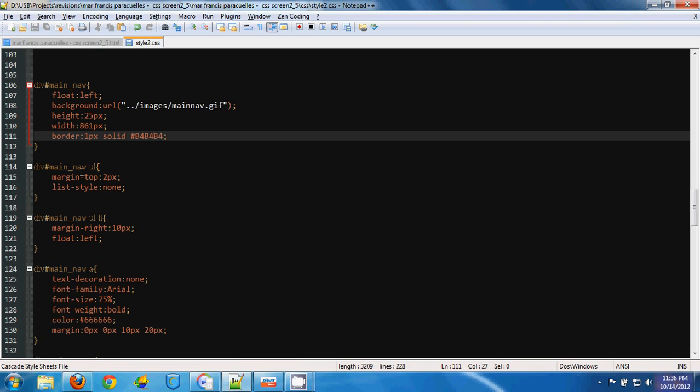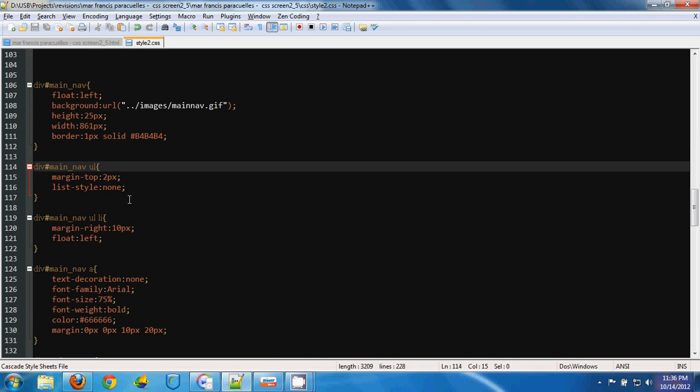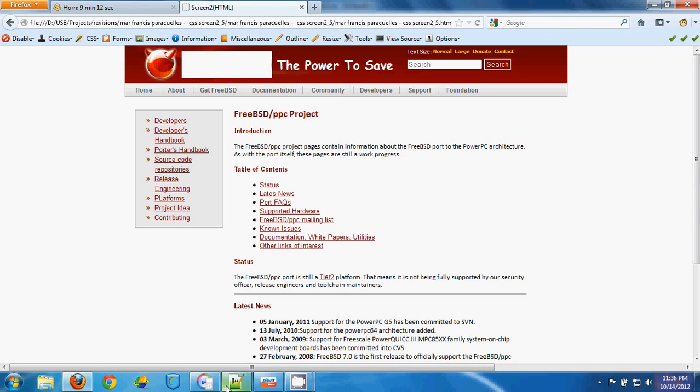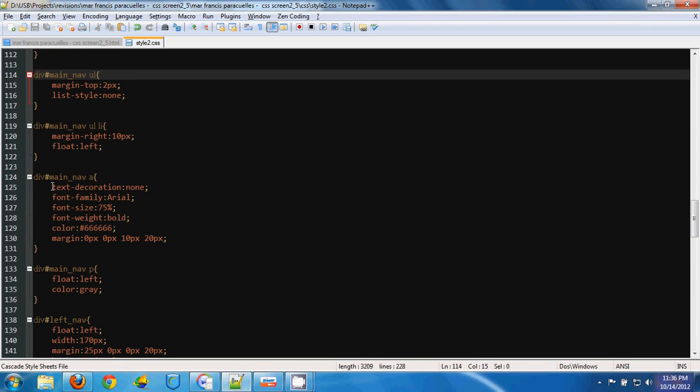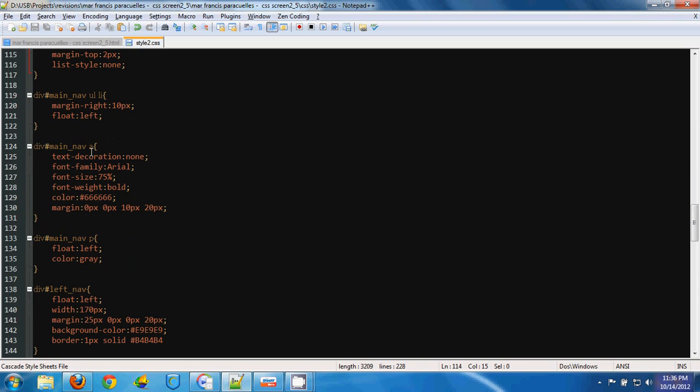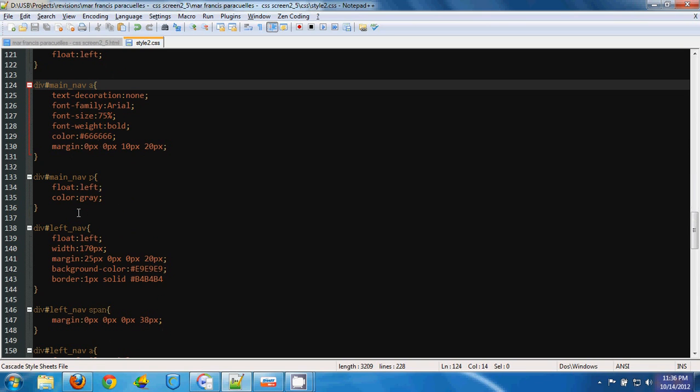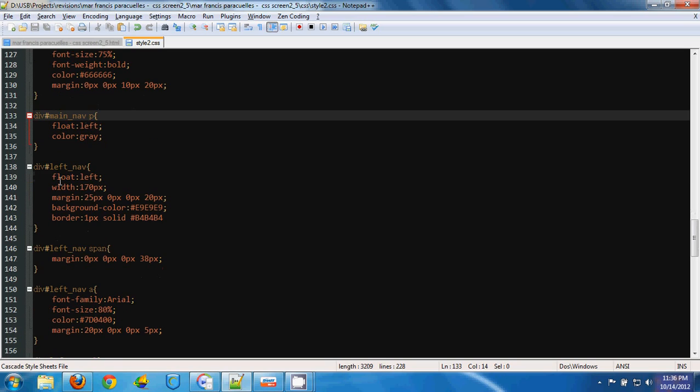Then the main nav, the UL, then the main navigation link, main navigation paragraph. Then the left navigation, also put float left with the specified width and the margin.